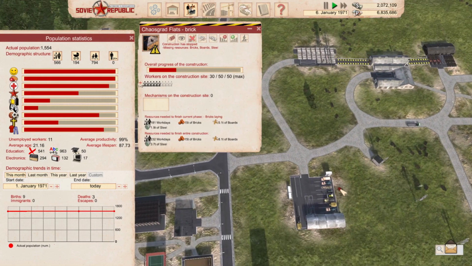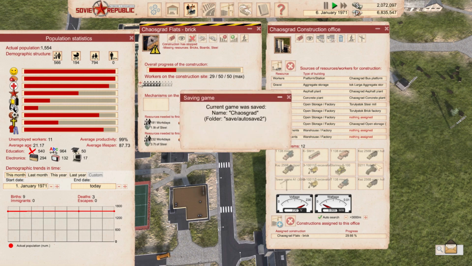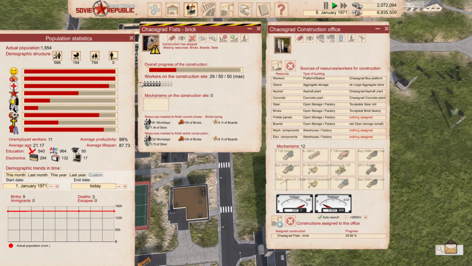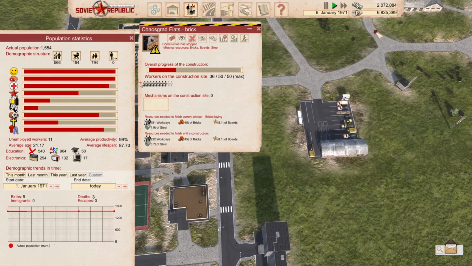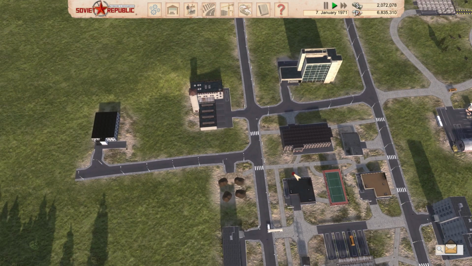Okay, and over here, what kind of vehicles do we have? Do we have a crane? I don't even know. Prefab panels is something we could also kind of consider doing. But for the moment...